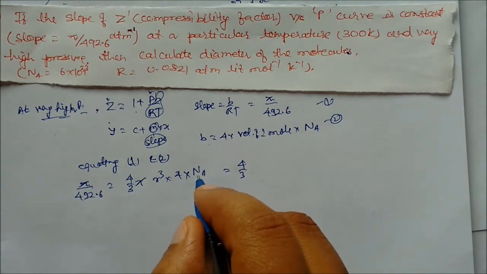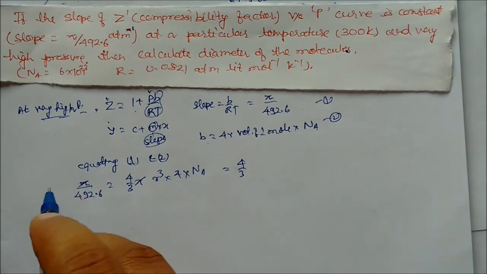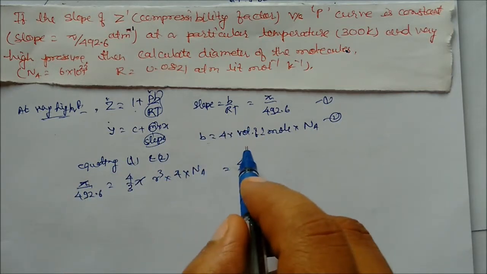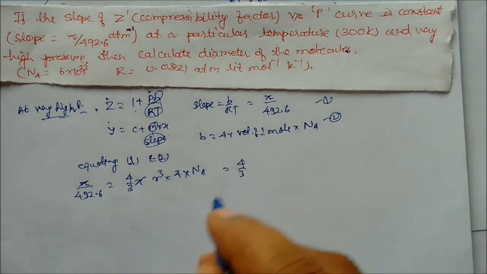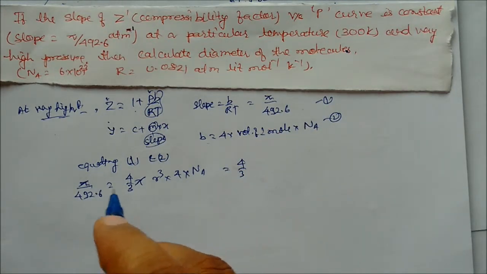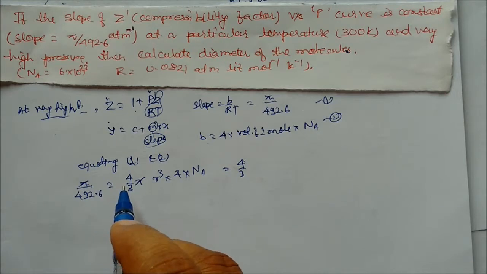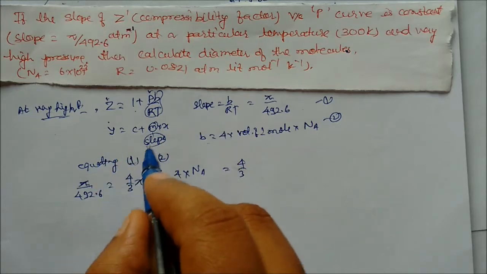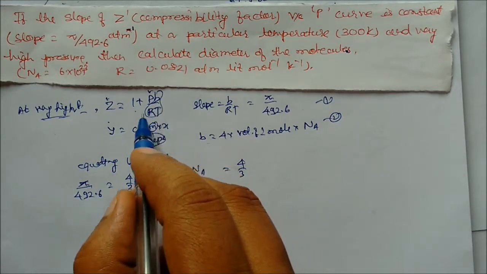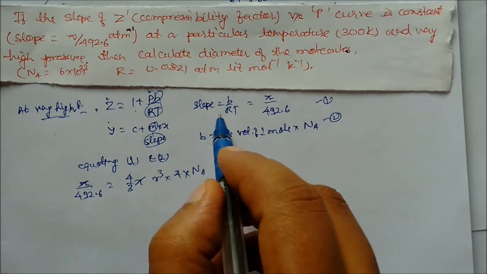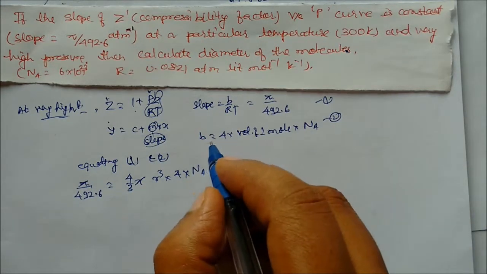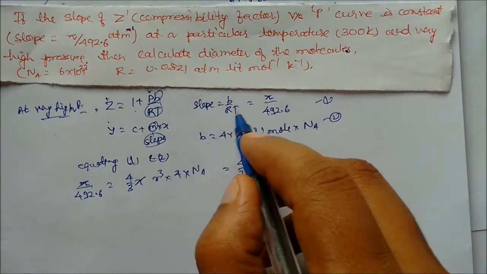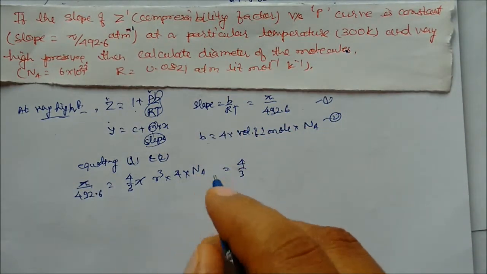B is given, this one, 4 by pi RT is given here. So again we solve it. One more thing: the slope is given, and the slope is equal to B by RT. So here B equals 4 into the slope, which is given, so B by RT. So B is this much, and R